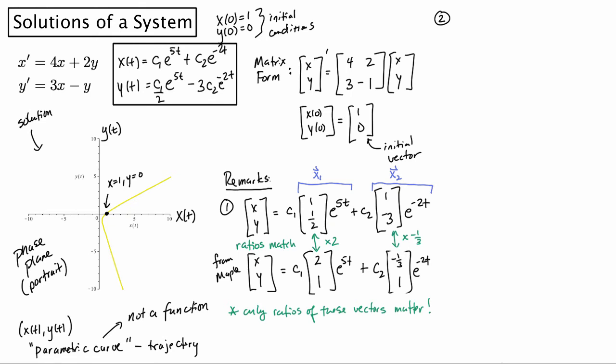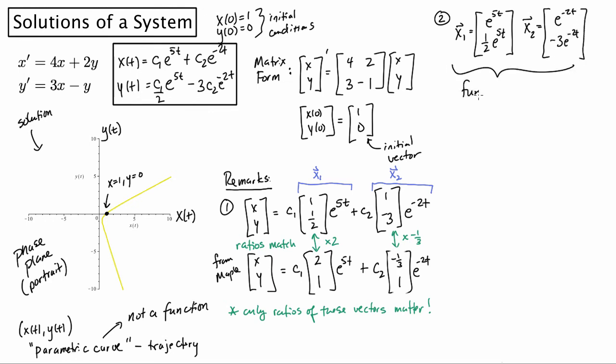So these things right here, x1 equals e to the 5t and 1/2 e to the 5t, and x2 equals e to the negative 2t and negative 3 e to the negative 2t. These are called the fundamental set of solutions. And what's interesting about that is if I want the actual solution, x of t,